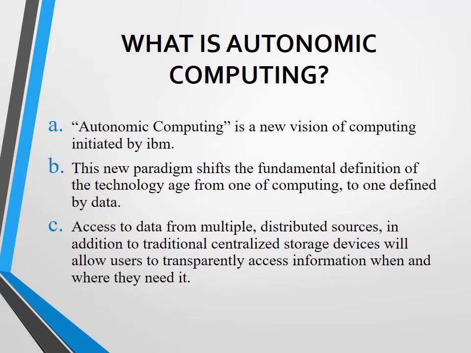Let's take an example and understand it more deeply, like what autonomic computing is. The term autonomic computing is derived from human biology. The autonomic nervous system monitors our heartbeat, checks the blood sugar level, and maintains our body temperature in a specific range without any conscious effort on our part. In the same way, autonomic computing components anticipate computer system needs and resolve problems with minimal human intervention. So, this is autonomic computing.